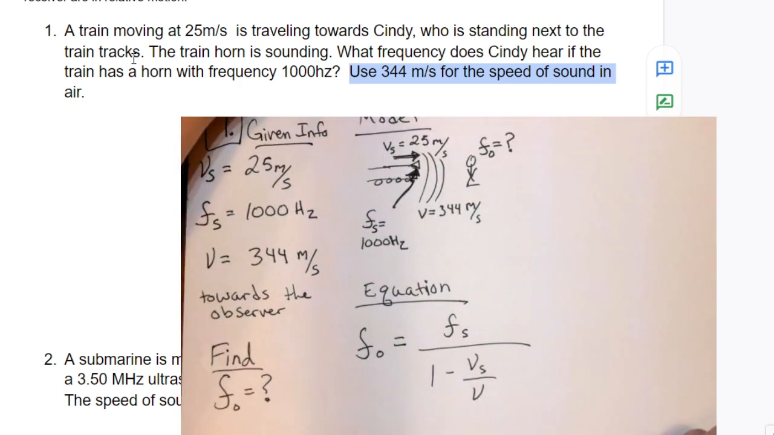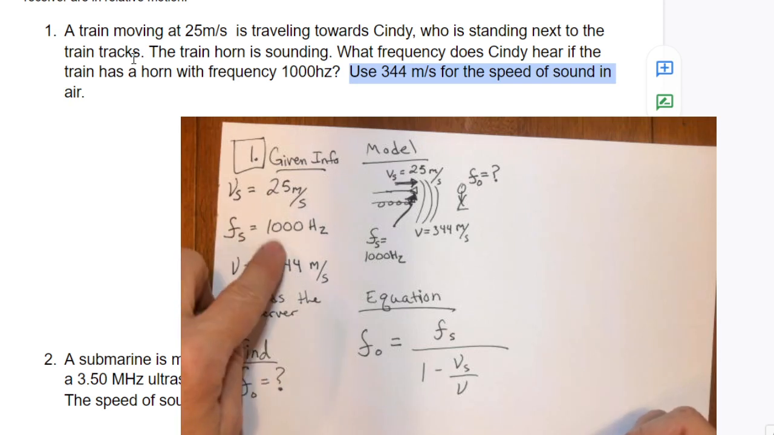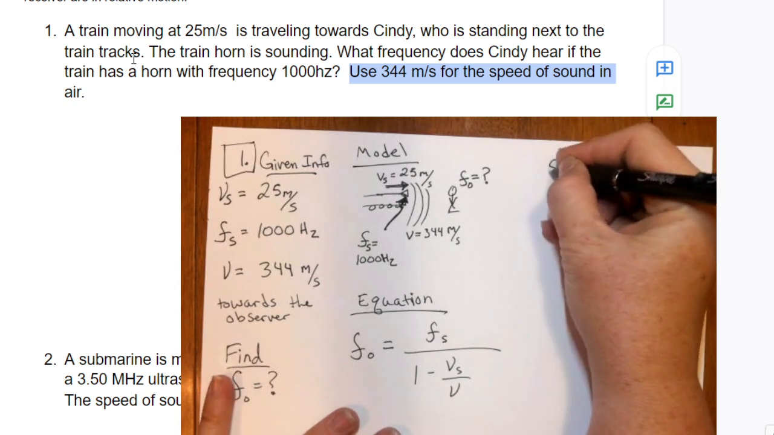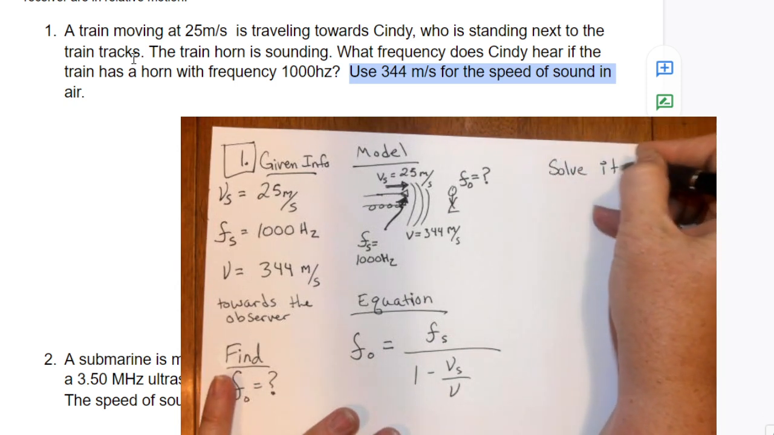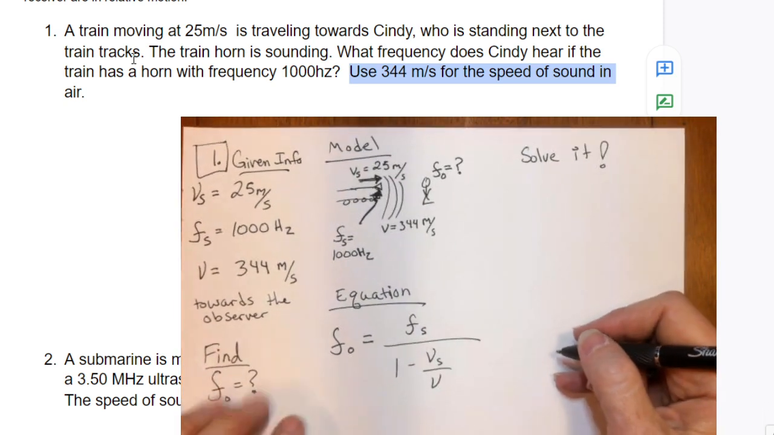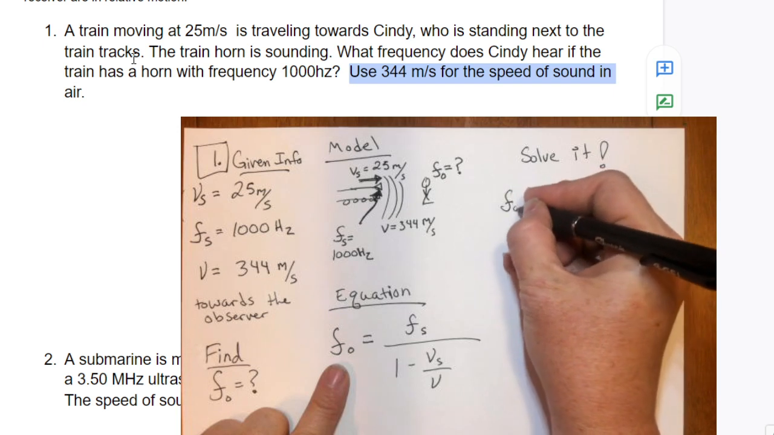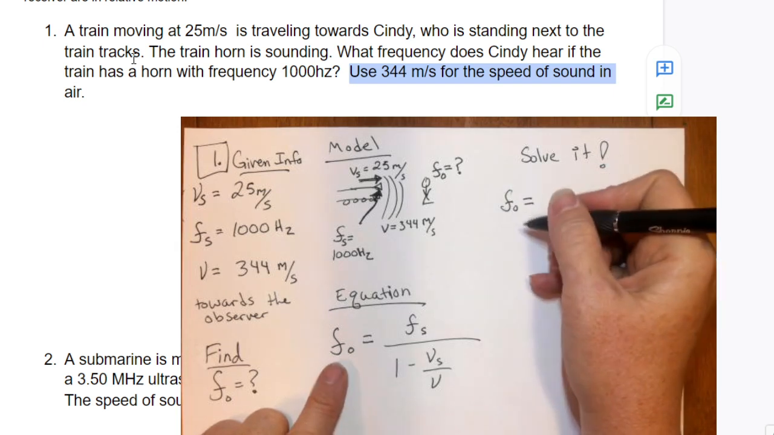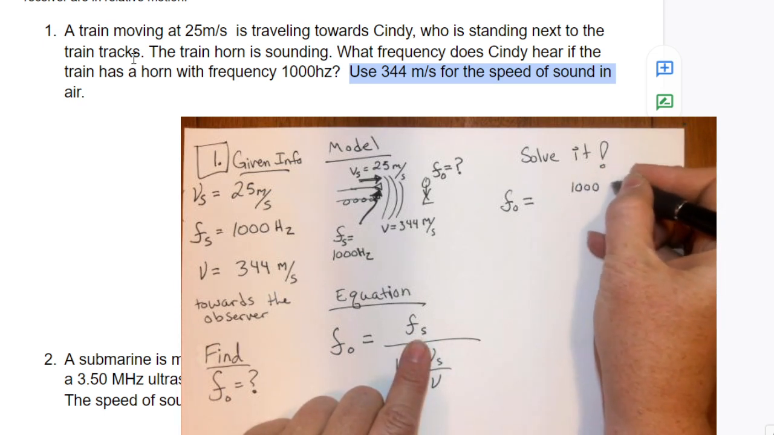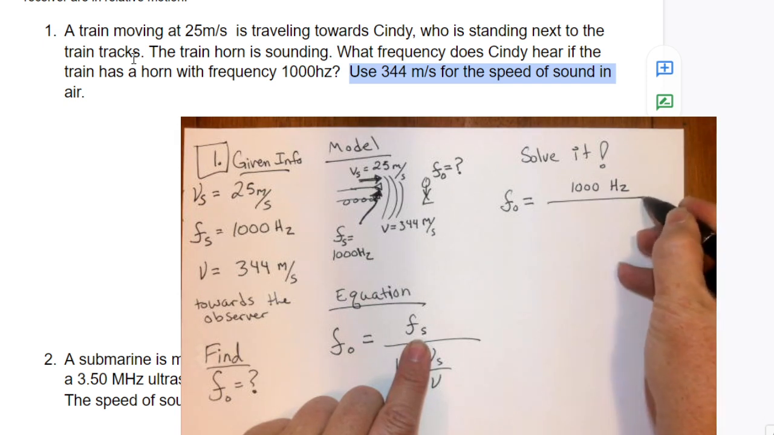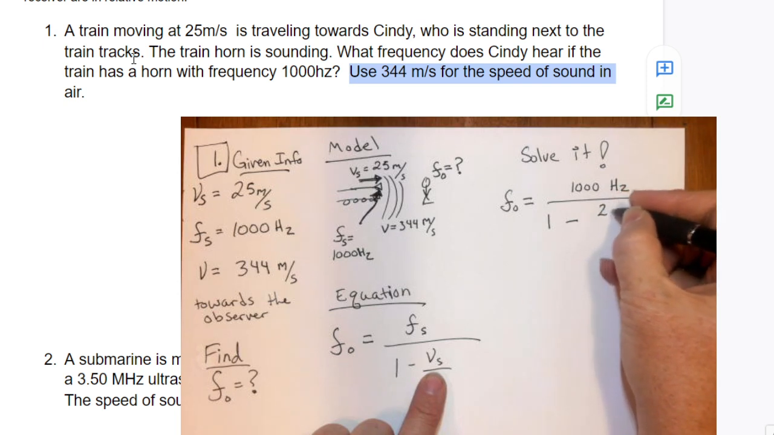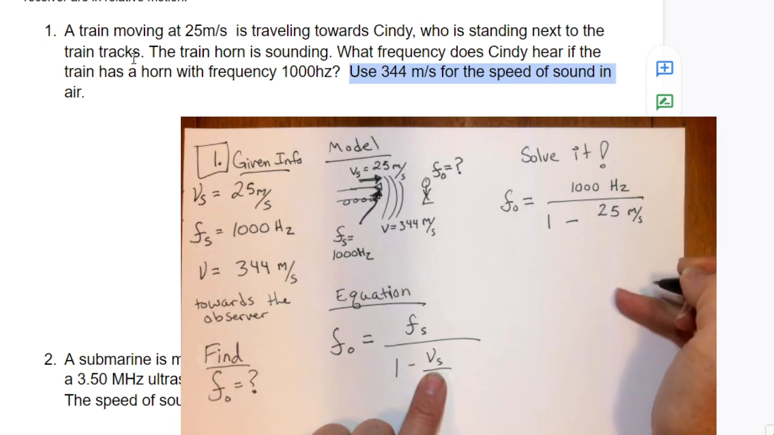Okay. Step 5 is to plug in our known numbers into the equation, do the math, and solve it. Let's do that. We're going to plug in the known values. Frequency of the observer is what we're solving for, so that stays as the variable. Frequency at the source was 1,000 hertz. Divide that by 1 minus velocity of the sound source, 25 meters per second,